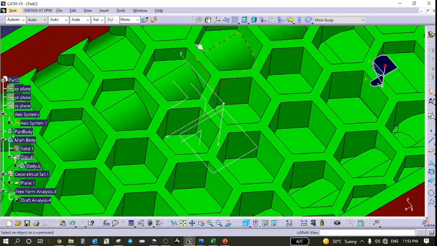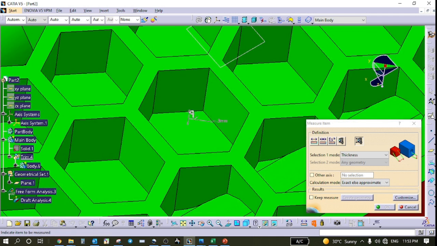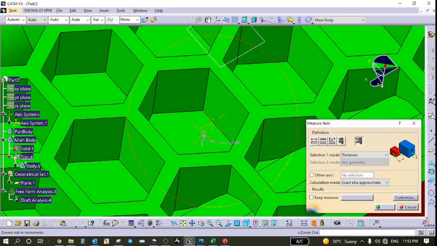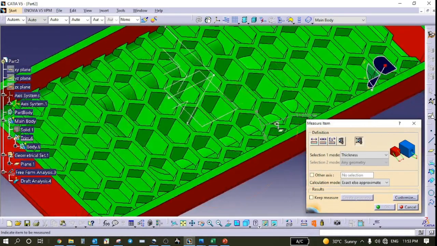So here we can check the base rib thickness, which is 2.1. As per our design calculation, a thickness of 2.1 is okay. So this honeycomb rib design is okay.